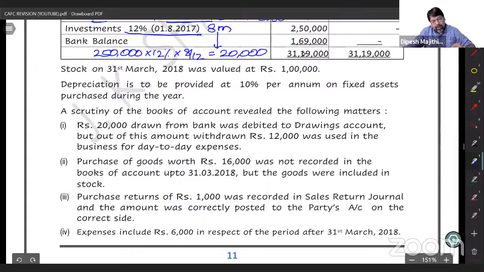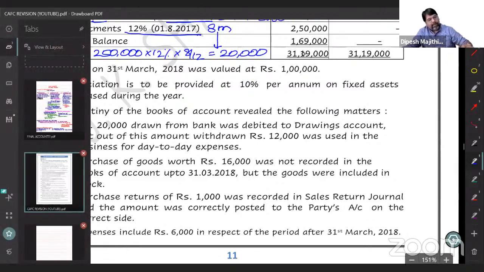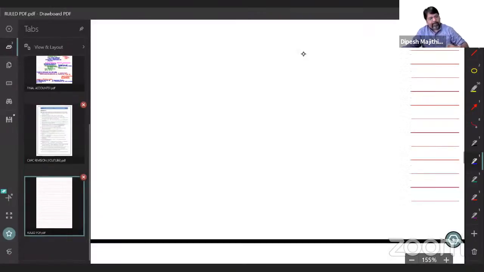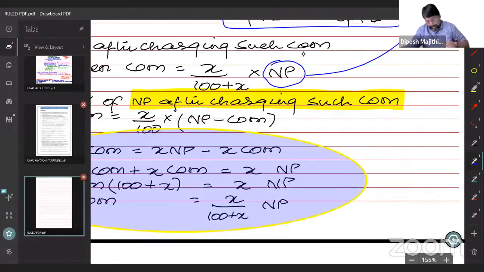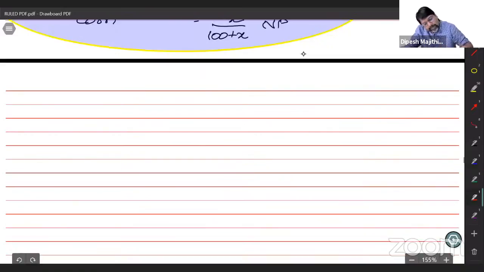Yes. A scrutiny of the books revealed the following. Rupees 20,000 drawn from the bank was debited to drawings account. But out of this amount withdrawn, only rupees 12,000 was used in the business for day-to-day expenses. Okay, that means drawings. Now see chapter. Solution to question number 60. Correct entry,